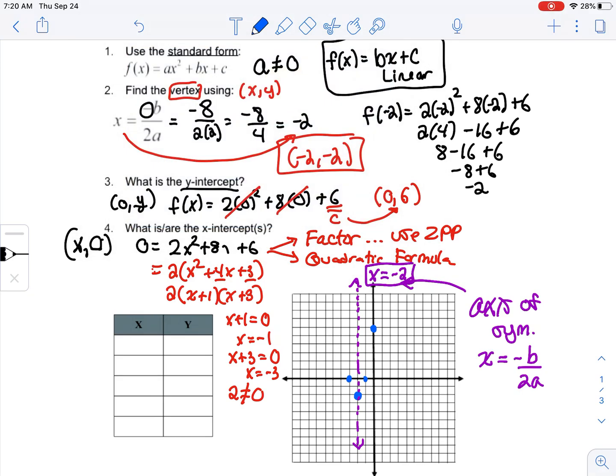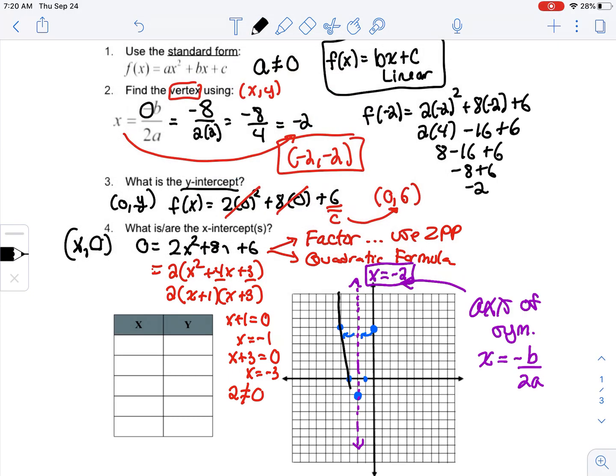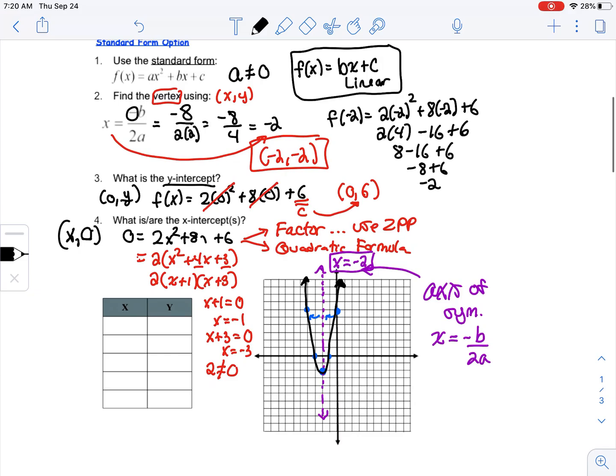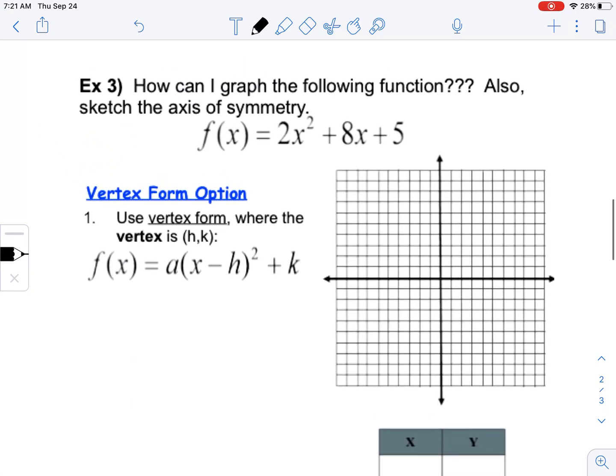Now, why do we use the axis of symmetry? Because we can then look at that y-intercept. Since that y-intercept was 2 places away from that axis of symmetry, if we go 2 places away on the other side, we can plot one more additional point. So now we have a pretty nice parabola. We'll sketch in that parabola. Remember, parabolas should be curved. We don't want to make it V-shaped like an absolute value. And in this one, it doesn't appear that we need a table.